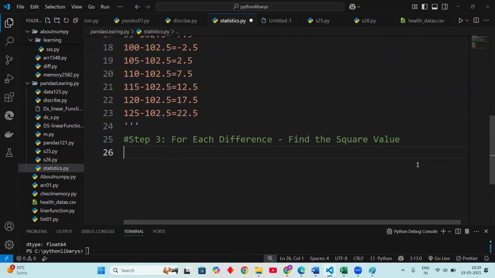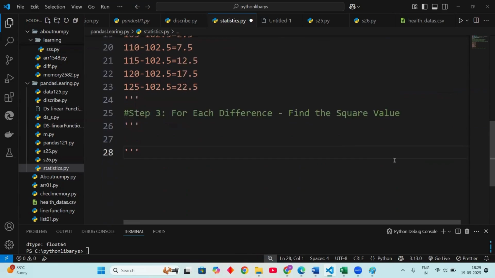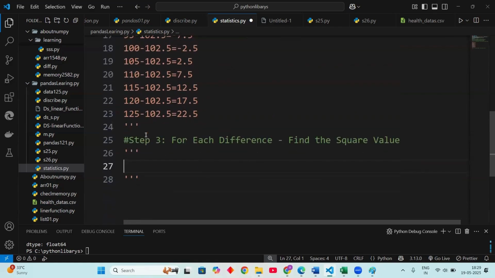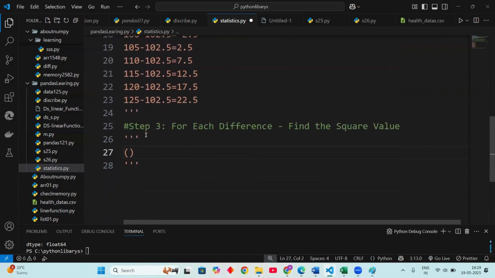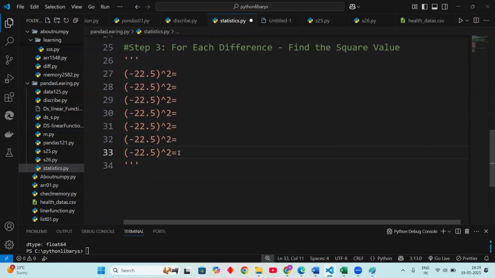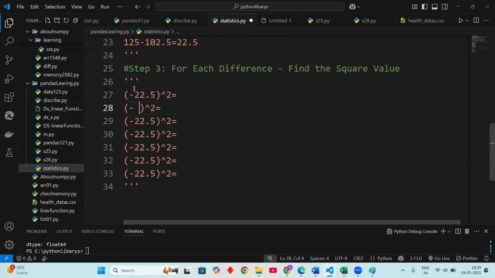Okay, now let us take the value. I think I take 22 by 7. Now what is the first value? 22, right? Minus 22.5. I have to calculate the square, right? I'm taking the variables here and I have to calculate the variables here. Minus 17.5,